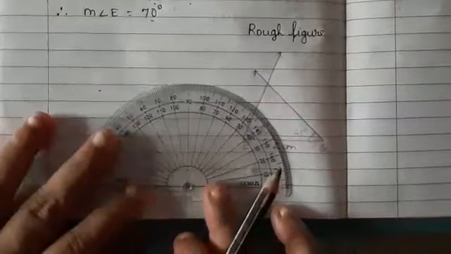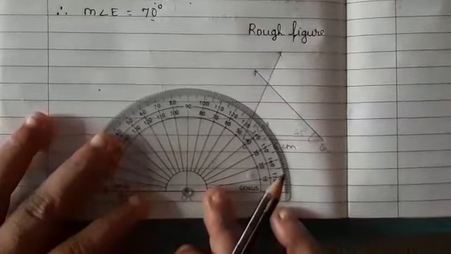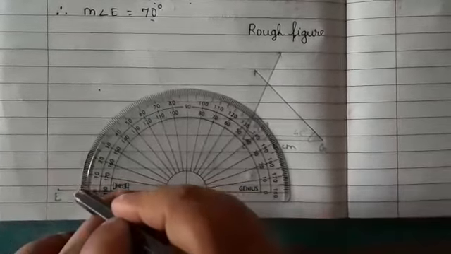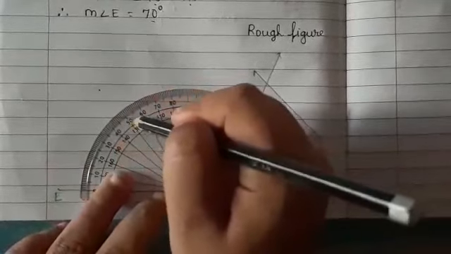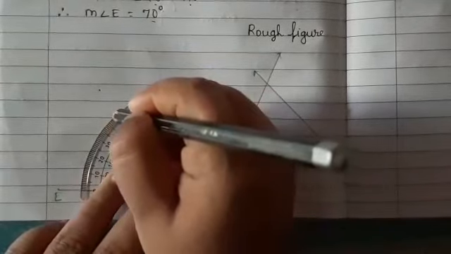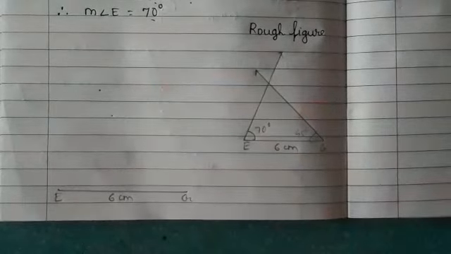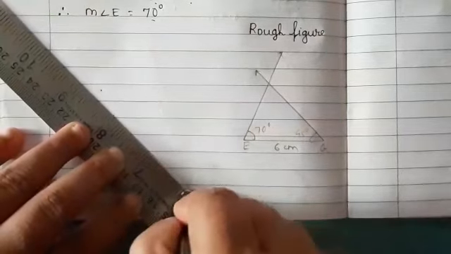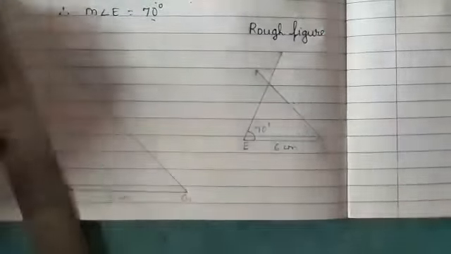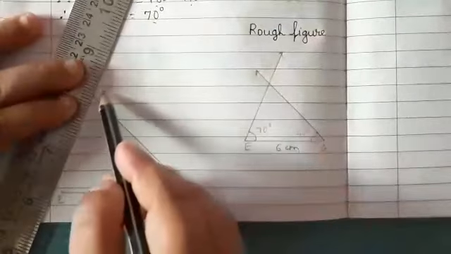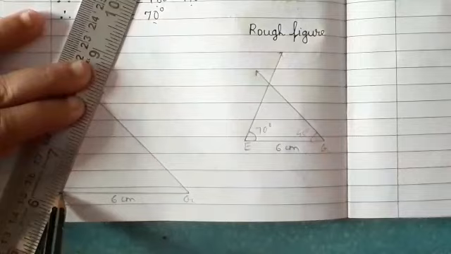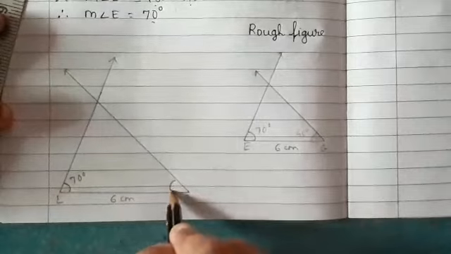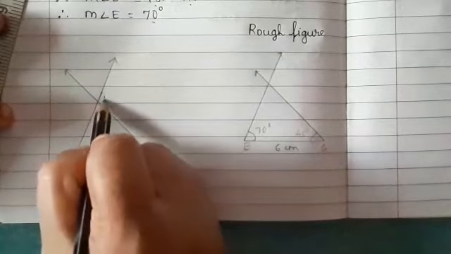Okay, now I'll keep the compass on G in this way, and now my 0 is at the left hand side. I want 45 degrees, so I'll say outside, 40s and 50s middle. Here is my 45 degree. Okay, keep in mind and join properly, otherwise you will join some other point. This was 45. And this is 70 degree. 70 degree, 45 degree. This is F.